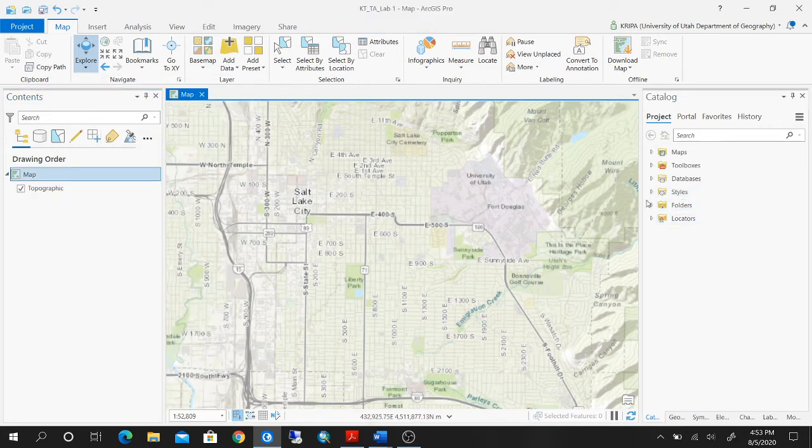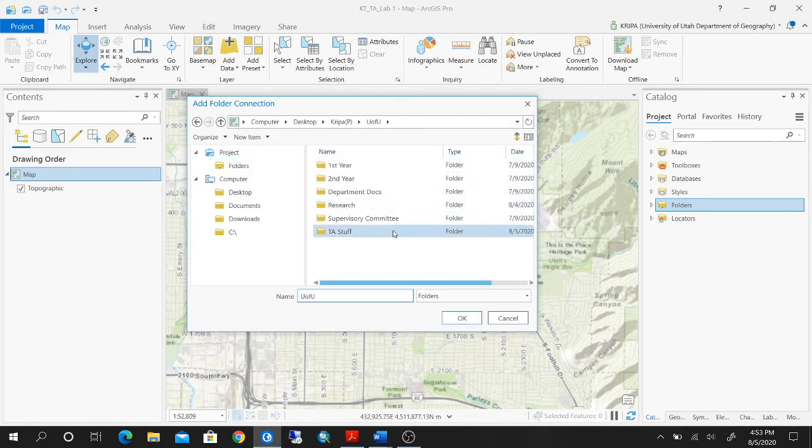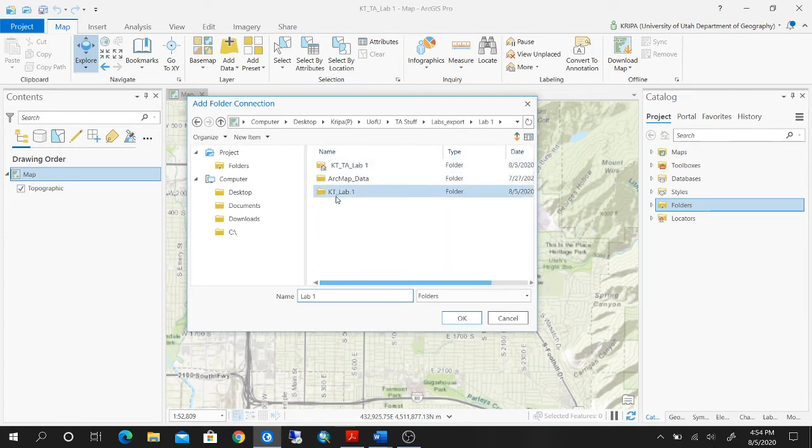So I'm going to make a folder connection: go to Folders, right click, add folder connection, and I'm going to navigate to where I've saved all of my data. So here you go, this is where my data is. Alright,